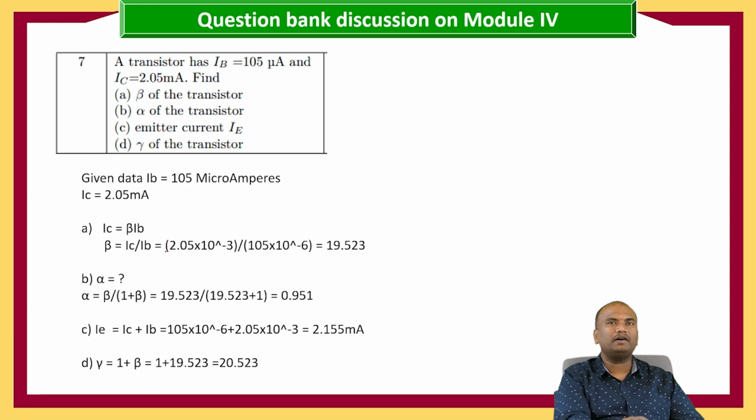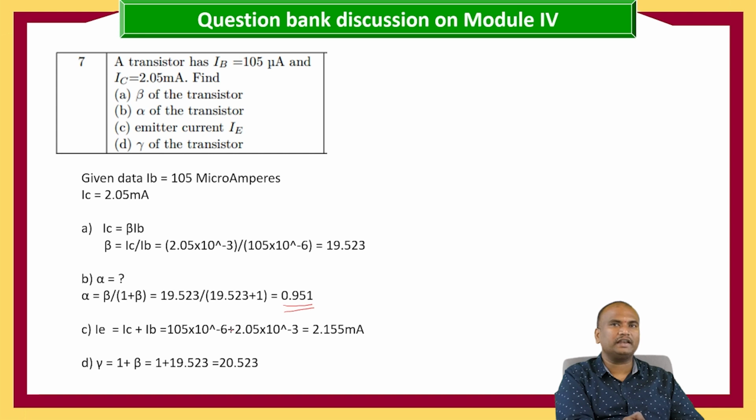When we know the beta value, how can we calculate alpha, where alpha is equal to beta by 1 plus beta. So alpha is equal to 19.523 divided by 19.523 plus 1, which is equal to 0.951. And here IE is equal to IC plus IB, where IB is equal to 105 into 10 to